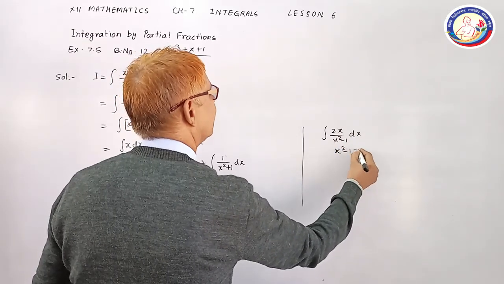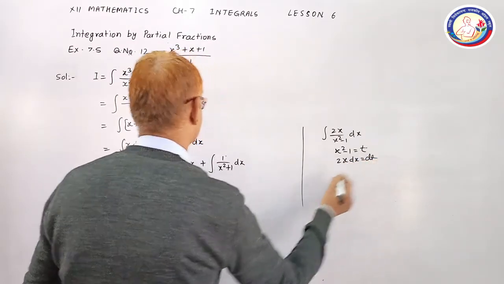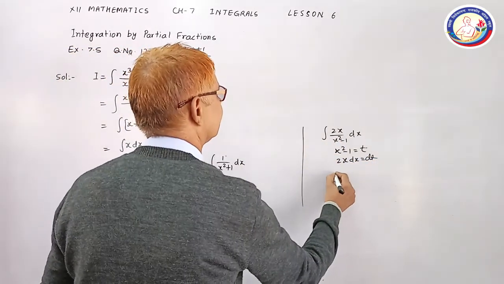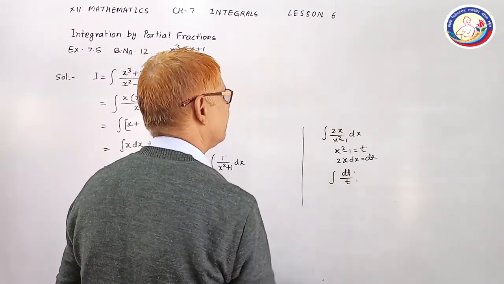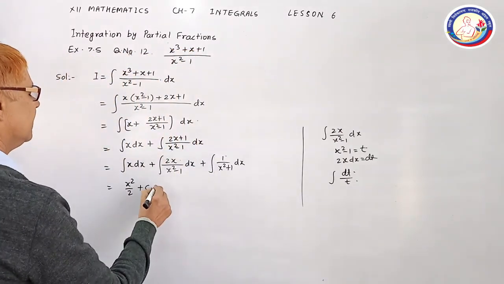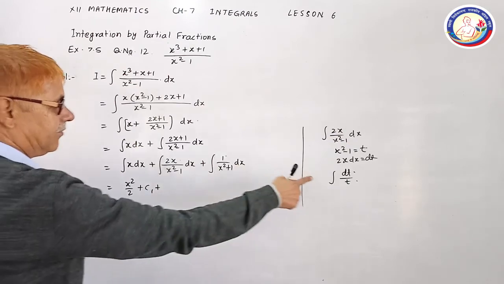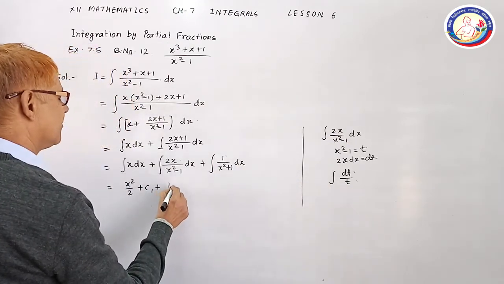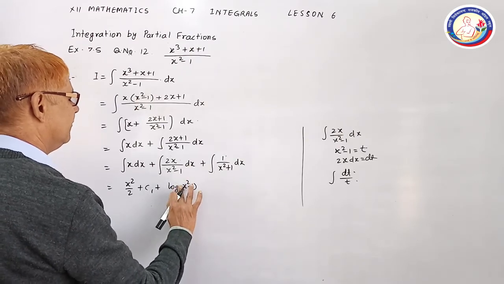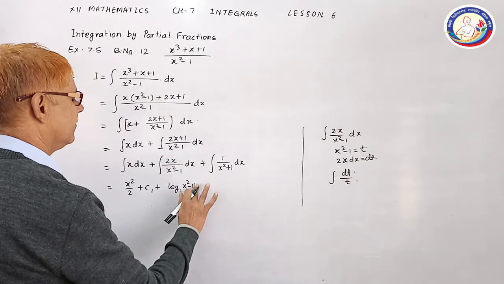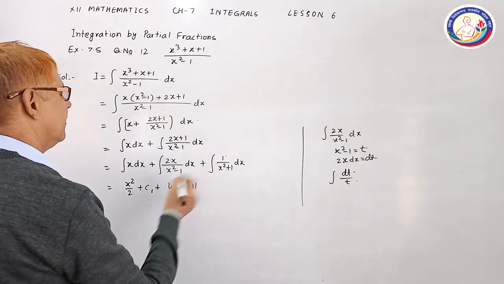And here if we put x square minus 1 equal to t, then twice x dx will be dt. So it will become integration of dt upon t, and that is log of t, log of x square minus 1. We will put here the modulus, absolute value of x square minus 1, and plus